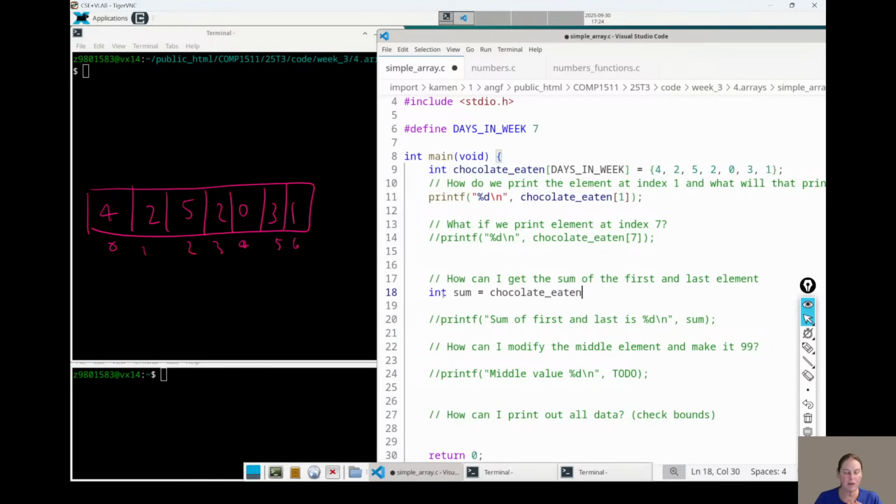So the first one would be at chocolate eaten at index something. And the last one would be chocolate eaten at some other index. Yeah, the first one would be at index 0. The first one in an array is always at index 0. Now in this situation,